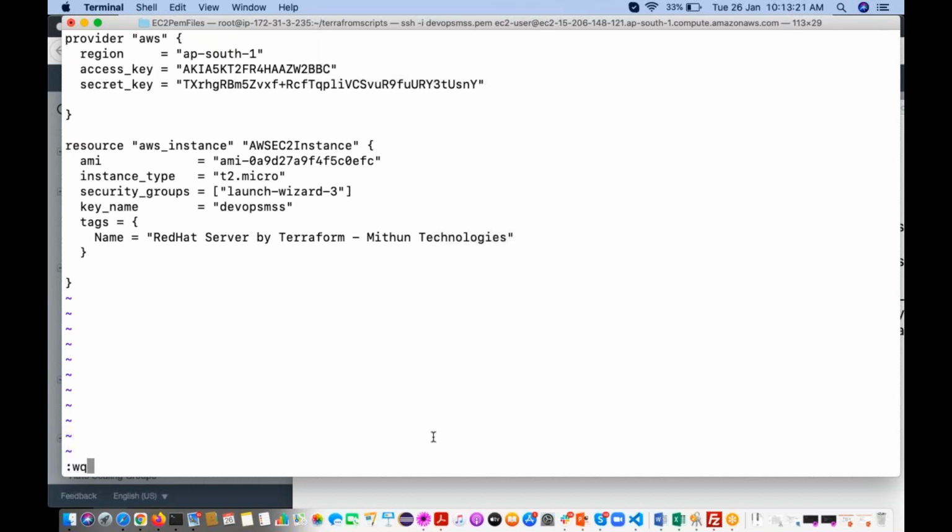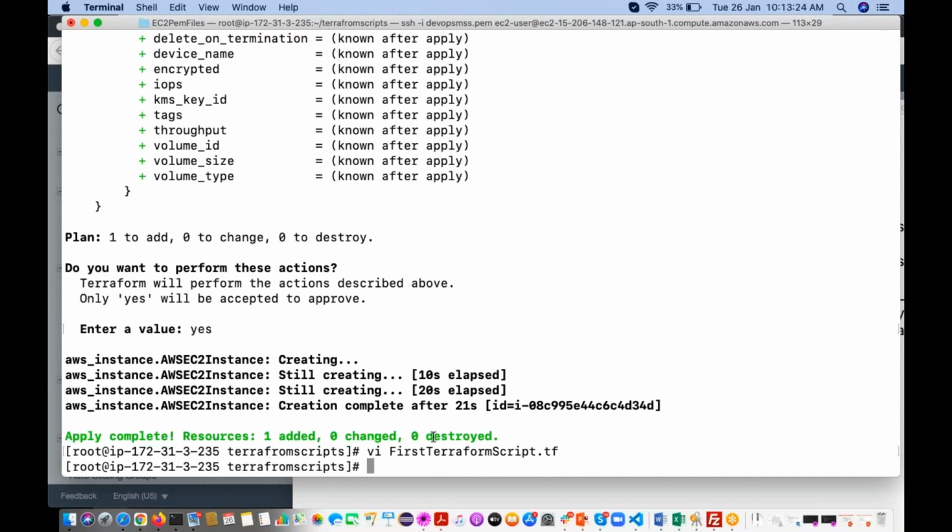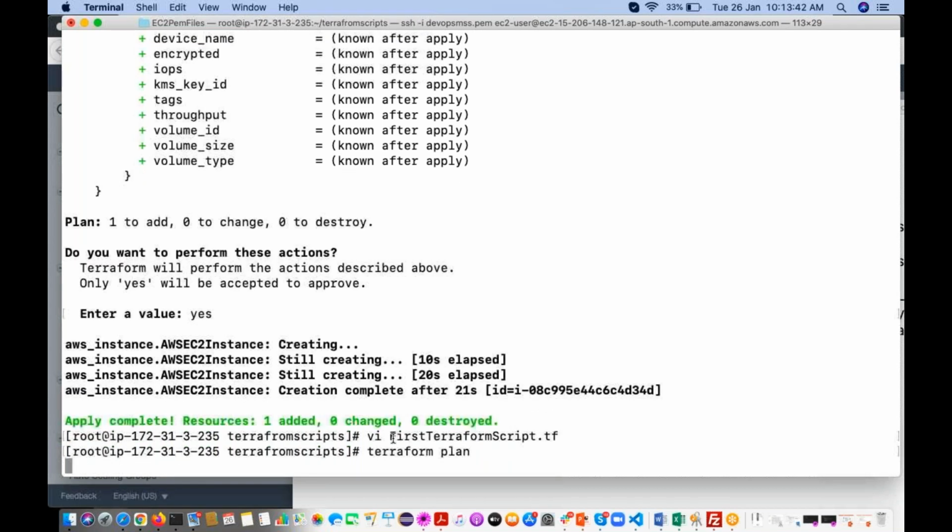So before applying, you can execute terraform plan. It will show 0 added, 1 changed. It will be okay. See?